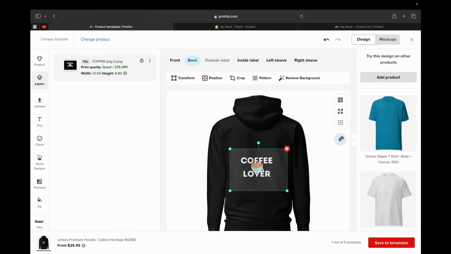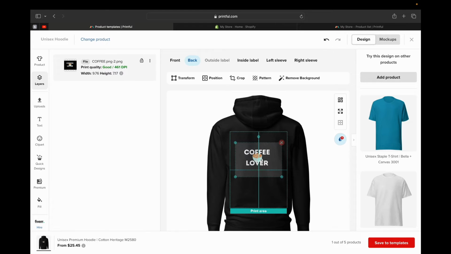And then we can resize it, we can put where we want. And now the very most important part is to remove the background, and Printful actually lets you do this for free. So you need to remove the background, otherwise it might not print well, and you'll get so much